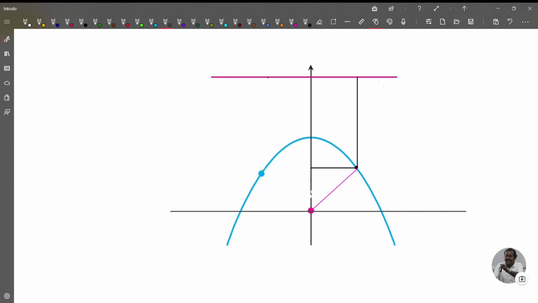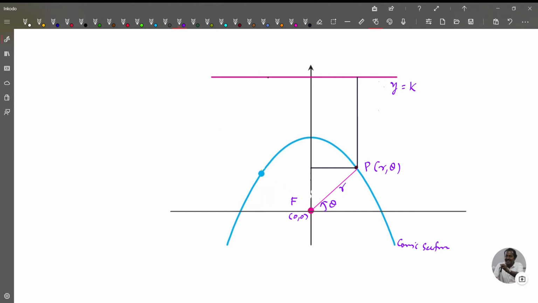Now we derive the polar equation of the conic section with the directrix y equal to K. So suppose that this is the directrix y equal to K. And suppose that this is the conic section. So let F be the focus, let it be 0, 0. And you consider the point P. Suppose that its polar coordinate is r theta, so that this angle is theta and this length is r. FP is equal to r.